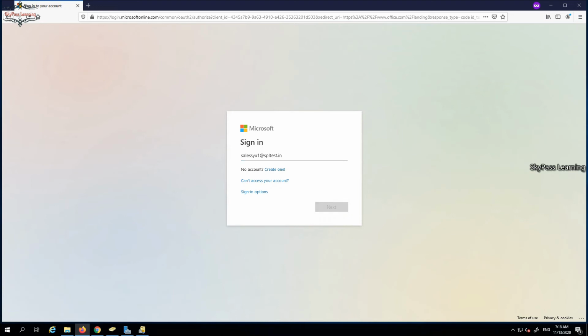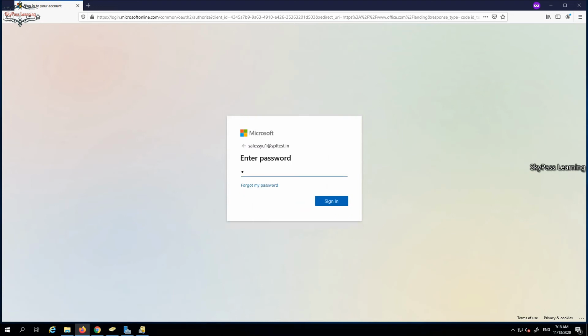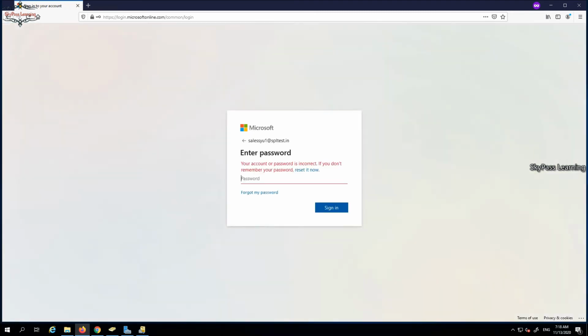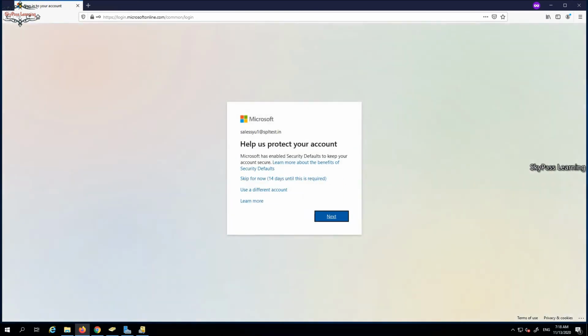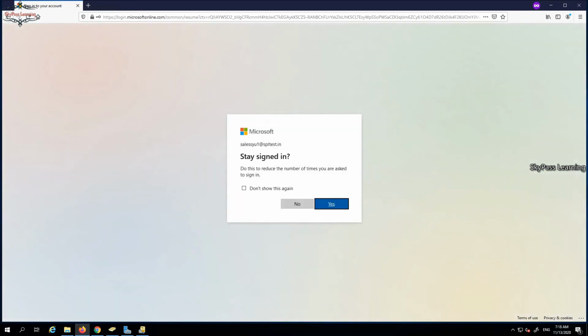I logged in with this account. Let me see what will happen next. It's asking me to enter the password. I enter the password which I chose in the on-premises. I think I have taken a wrong password. Let me quickly add it. Okay, it's asking me to enable the default security options.